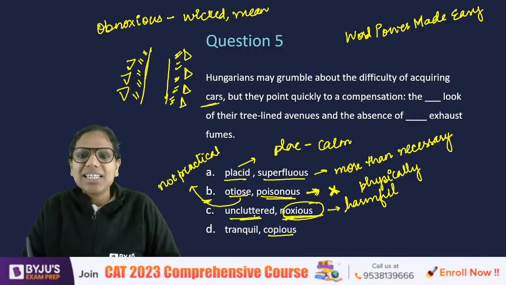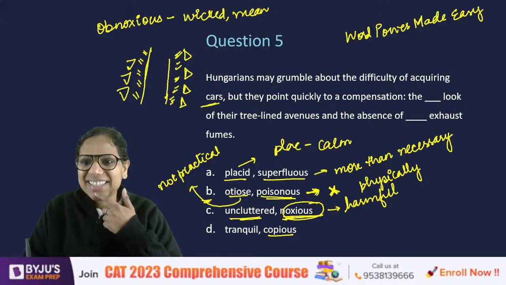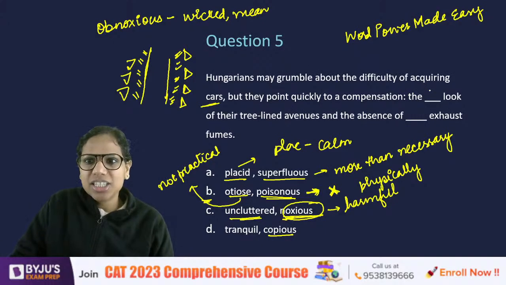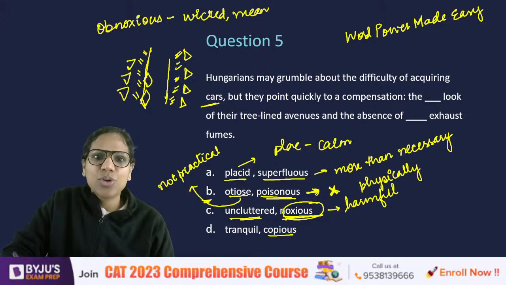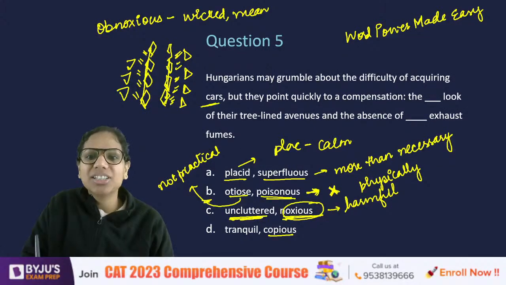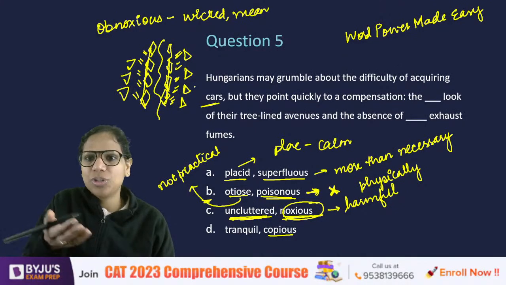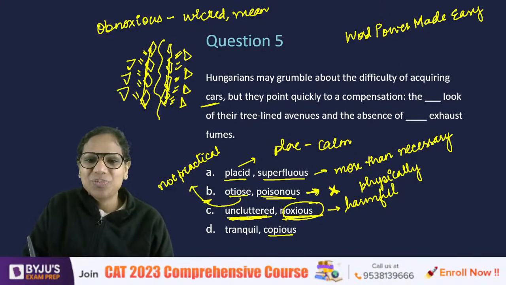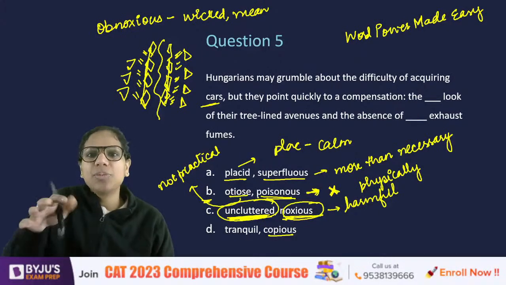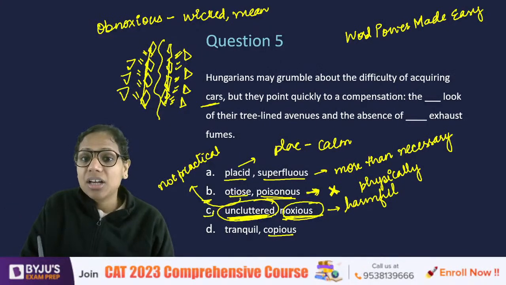Okay. Then C says uncluttered. What do you say about this? Uncluttered. That fits here, doesn't it? Because see, if there are no cars that you have to park on the side or in front of your house, the overall look of your avenue, of your area, will be neater, right? It will be uncluttered. A lot of times because of parking there's no space to walk. Yes, people have experienced this, I think, and so if there are no cars the place will be uncluttered. So C makes a lot of sense.